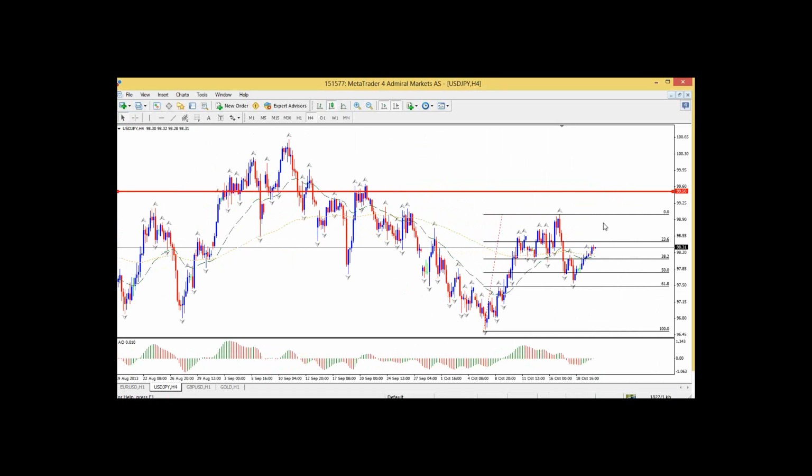Until then, we are still in danger of a continuation of the consolidation here, and any move up, we can see resistance at the top, which is at 99 and 99.50. Those two are major resistance levels. So I'm still a bit cautious. It has the potential to move up maybe a bit here, so the dollar yen could be interesting. But the dollar yen is one of those that are heavily influenced by NFP, just like the pound dollar and euro dollar, in fact, as well. Otherwise, there could be some up potential,